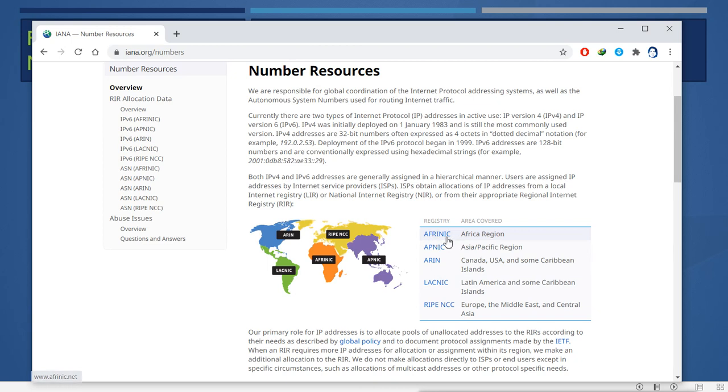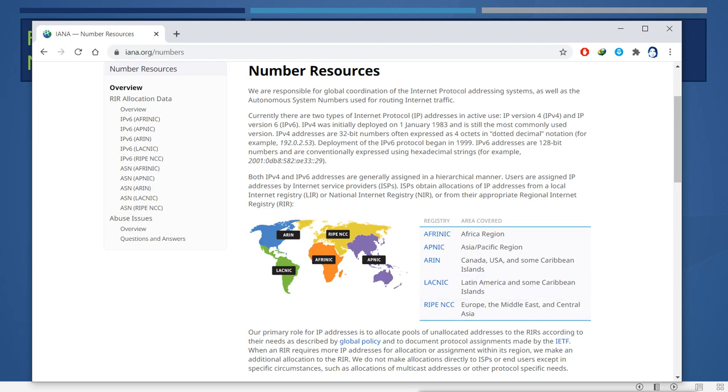This is for the Africa region, this is for Asia Pacific, this is for Canada, US and some Caribbean islands, this is for Latin America and some Caribbean islands, and this is for Europe, the Middle East and Central Asia. You can see the maps also. All these registries have a Whois lookup option, so you can see which organization any IP belongs to and what exact range they belong to.